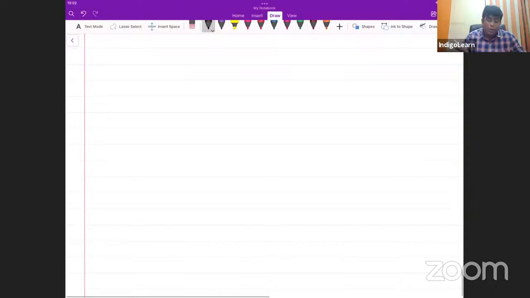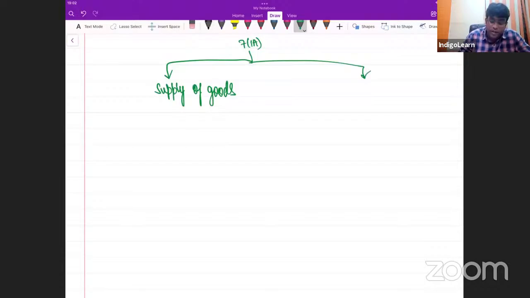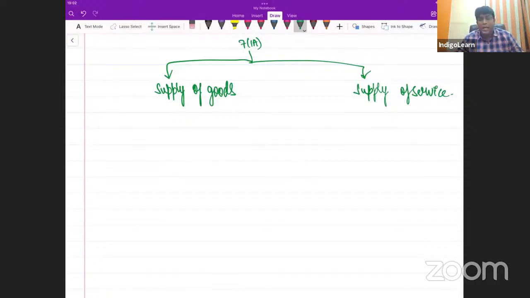Now let me also talk about section 7.1a. Simple point. Section 7.1a talks only about what is supply of goods and what is supply of service. Service, what is there? So many things are service only. But the major point to be noted is that to call it as supply of goods,